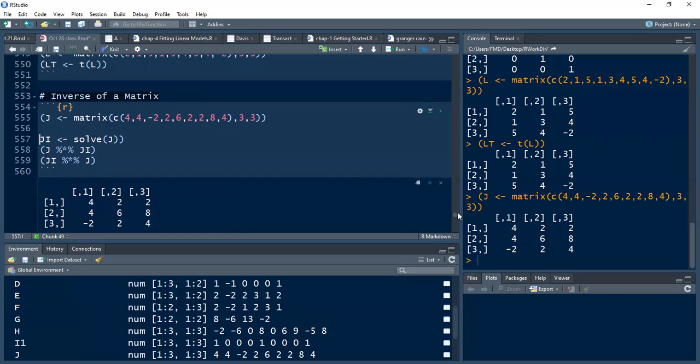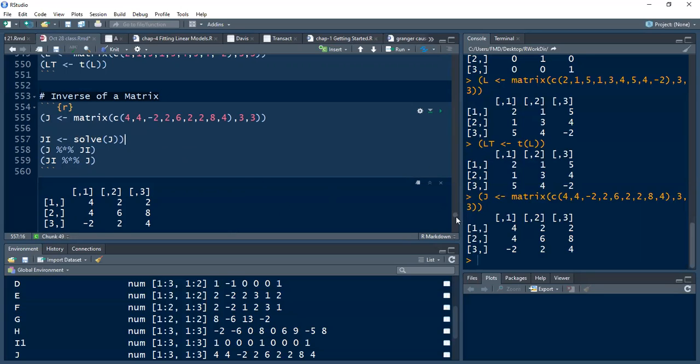How do we generate the inverse of a matrix? We use the solve function. Solve gets the inverse of a matrix. So is J invertible? Let's check. Because we said that,